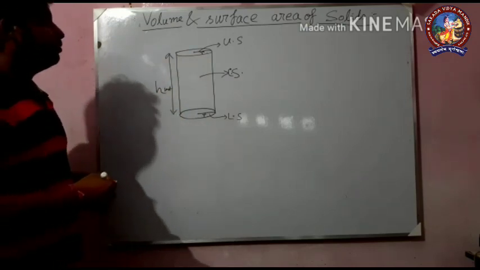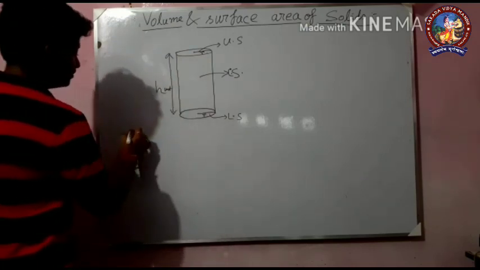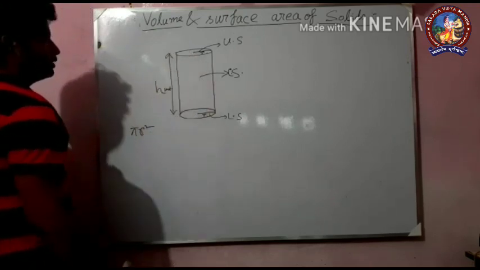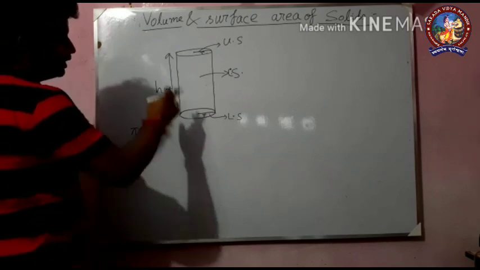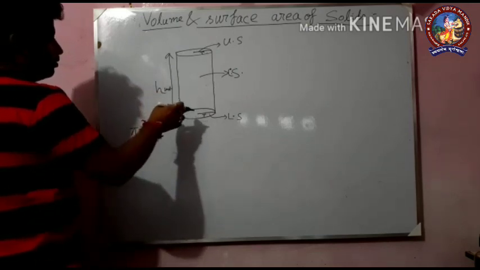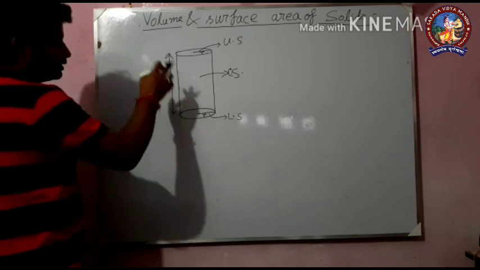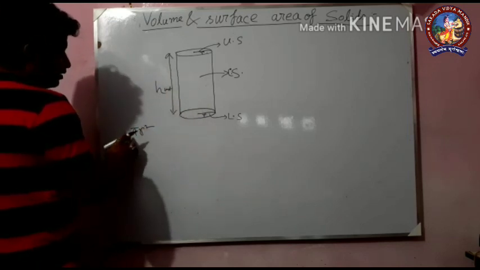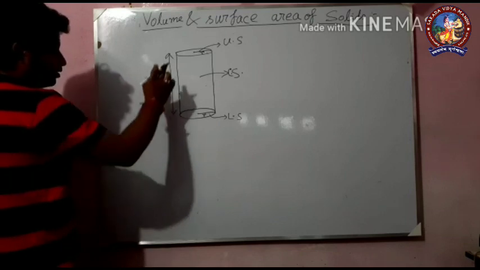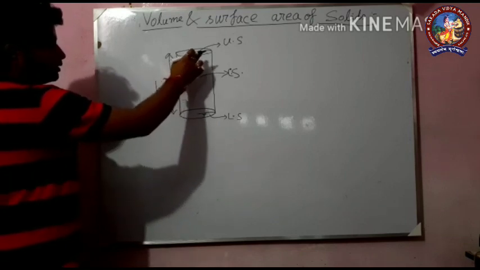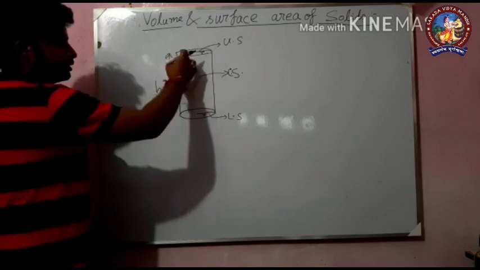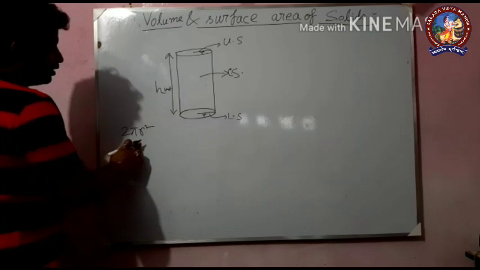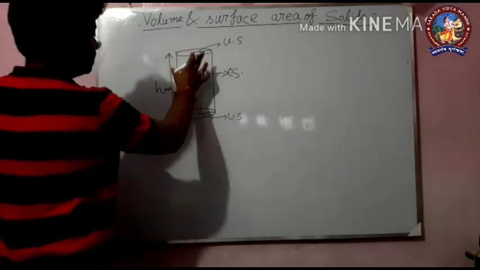Now everyone knows that the area of a circle is pi r square. Since these two circular surfaces are similar, having the same radius, the area of each circle is pi r square. Then for the two circular surfaces that will be 2 pi r square. And for the curved surface area,